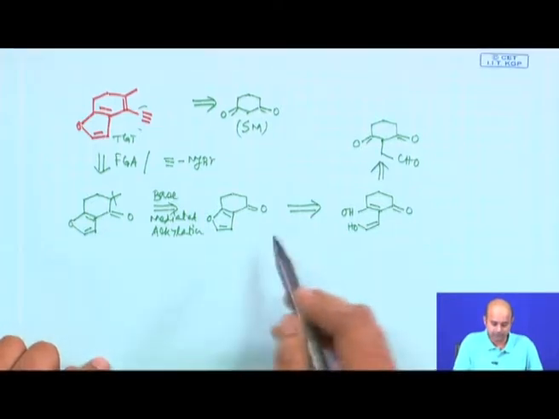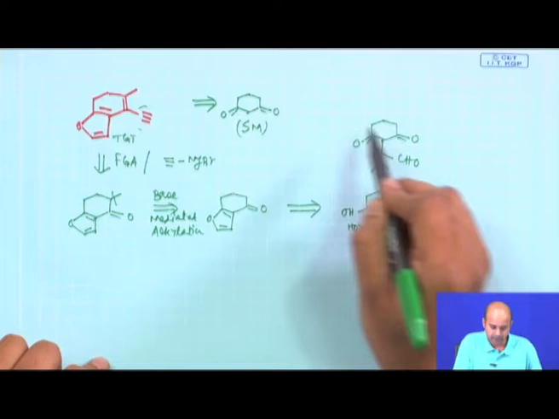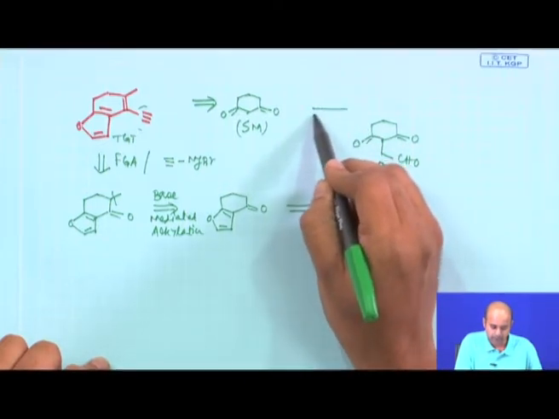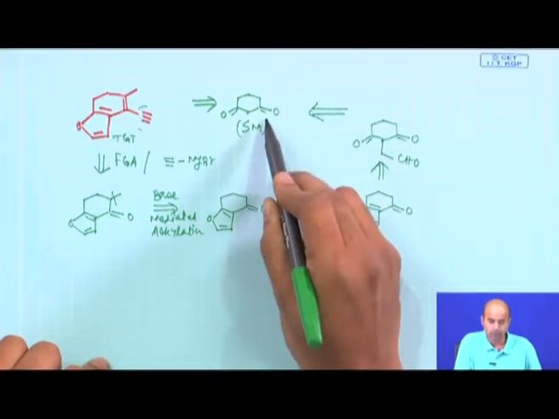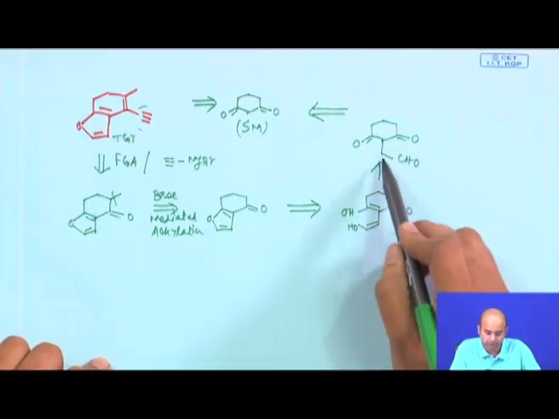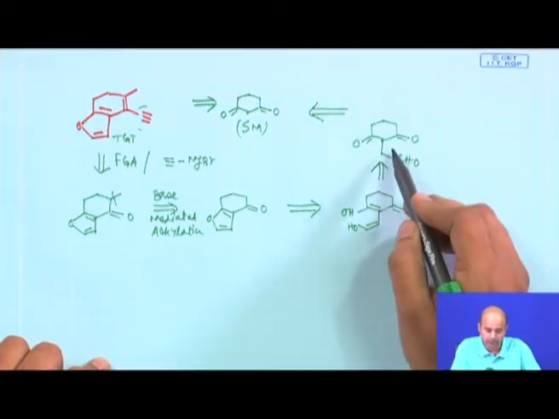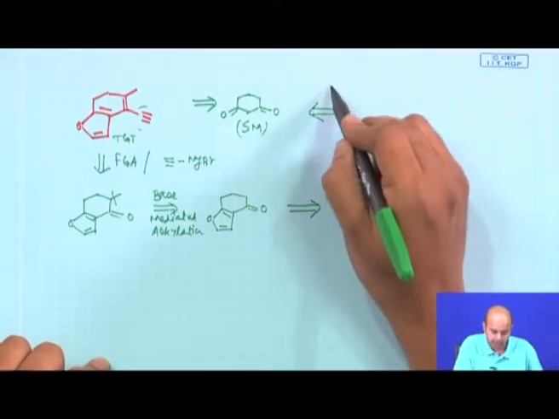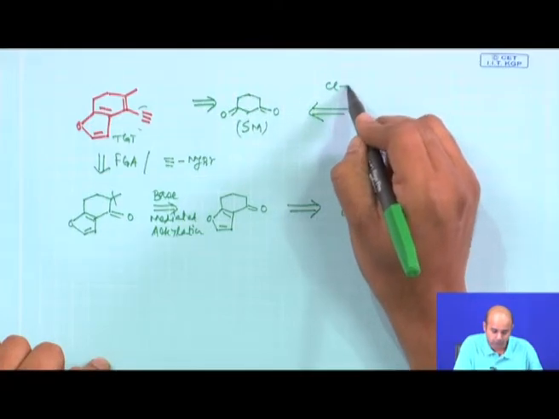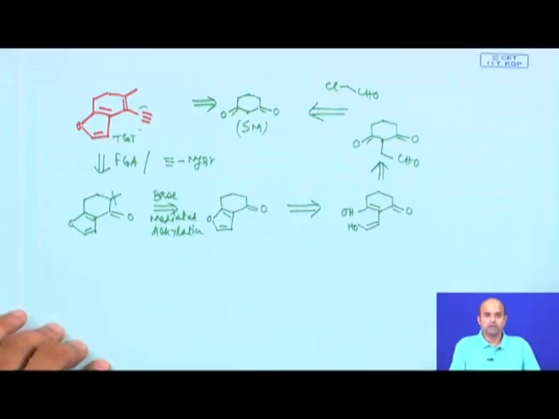So, this is important, and now this intermediate can be correlated back to the original starting material which was given to you. The only thing is you need to introduce a hanging CH2CH2 group. Now, this hanging CH2CH2 group can be introduced by chloroacetaldehyde as an electrophile. So, let us go through the synthesis in a forward pathway.